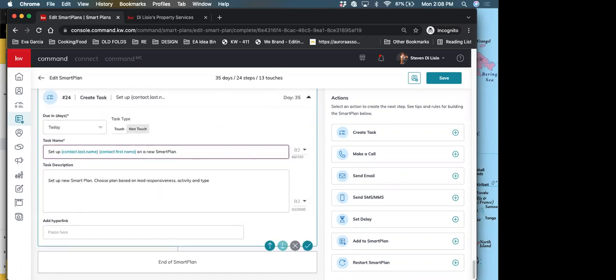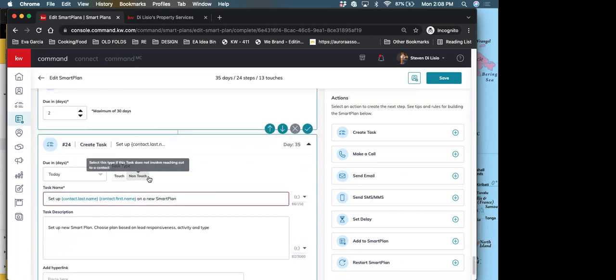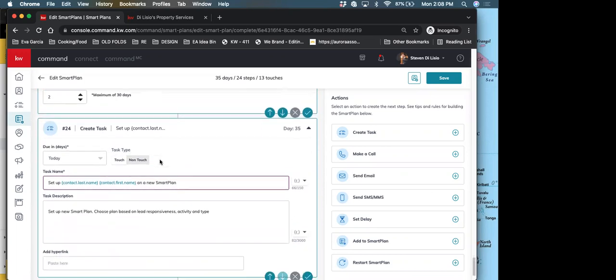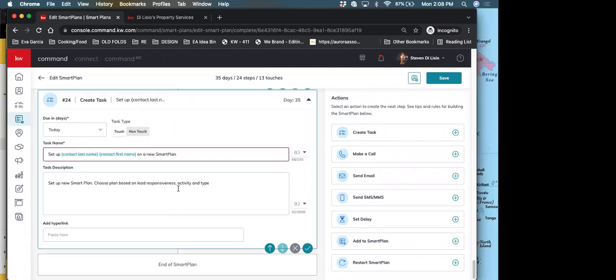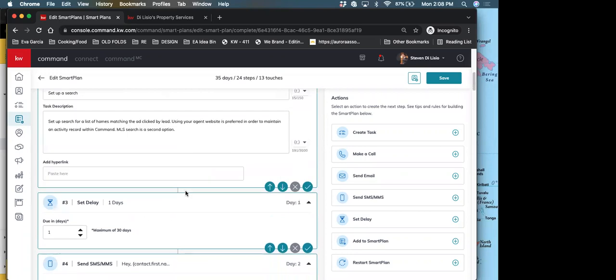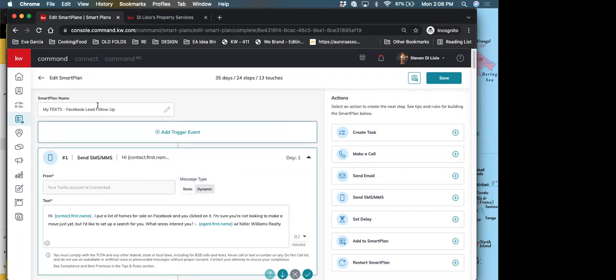All right. Are there any questions about the smart plans or the follow-up? It's pretty general right now, but what questions do you all have? Okay, easy enough. So we're going to leave this one as my text, and we'll come back to this one a little later. So I'm going to hit save,